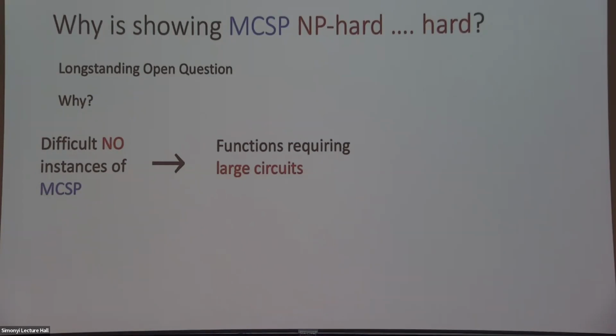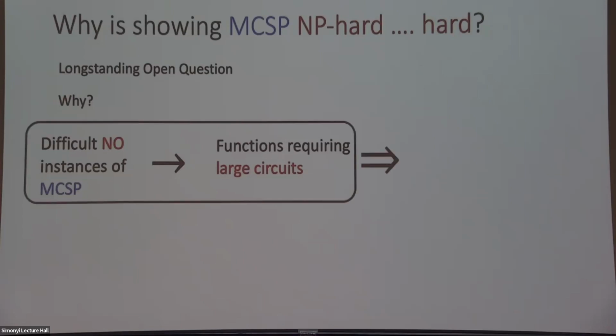And we don't really know how to come up with these. This is a big open question. Can we come up with functions that require large circuits, or that are hard to compute? We don't really know how to do it. So it's kind of difficult to imagine what a reduction would look like. If you don't even have a non-trivial no instance of a problem, how are you going to get a reduction? And in fact, you can formalize this into